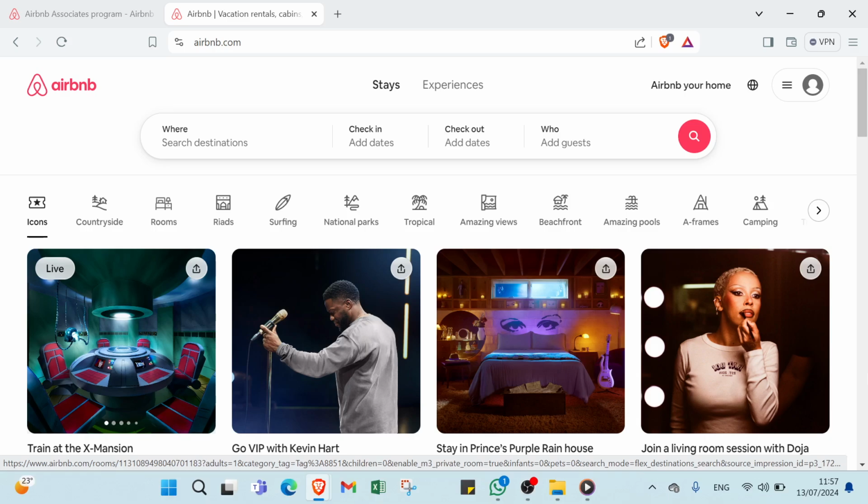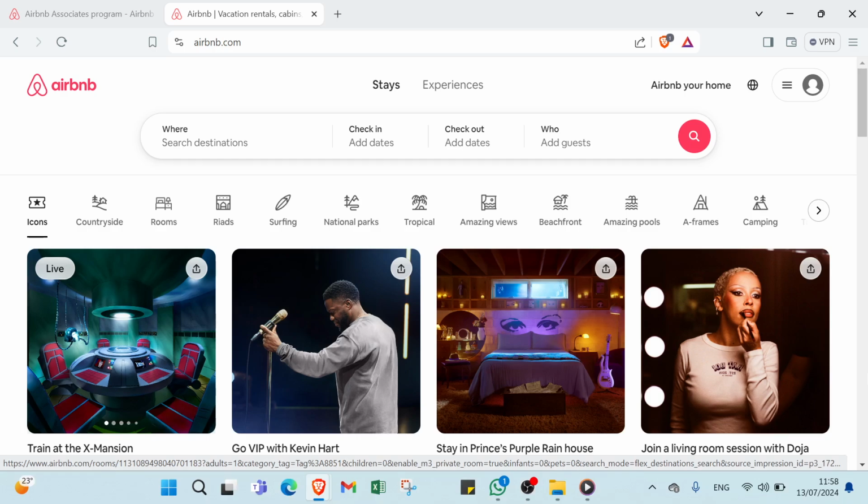As an affiliate, you can earn commissions by promoting Airbnb accommodation to your audience, whether you run a travel blog, manage a social media channel, or have a website related to hospitality. Becoming an Airbnb affiliate allows you to monetize your traffic and recommendations. So before getting started, let us know what Airbnb is. Airbnb is a globally recognized online marketplace and hospitality service platform that enables individuals to list, discover, and book accommodation around the world.